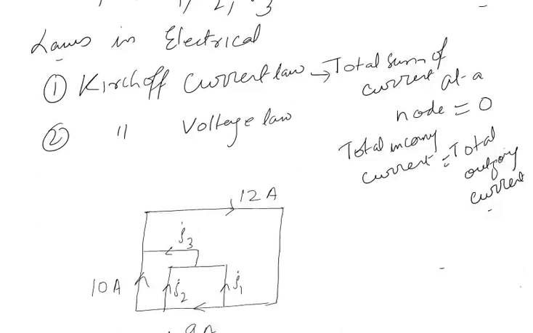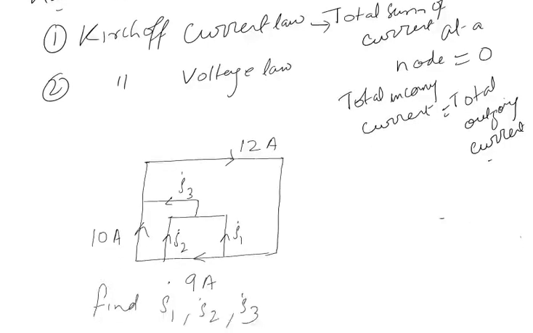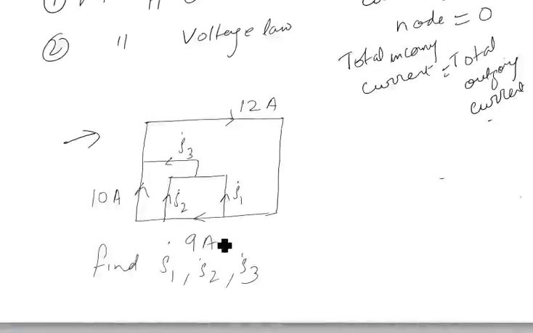Now for an example I will show you this question. First of all, whenever an electrical current flows, it will always flow in a closed path. You have to see that there should not be any open circuit. Open circuit means there is a disconnectivity, so the current will not flow through this path. So always check whether there is a closed path or not. This is my closed path.